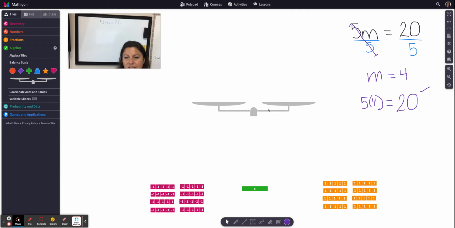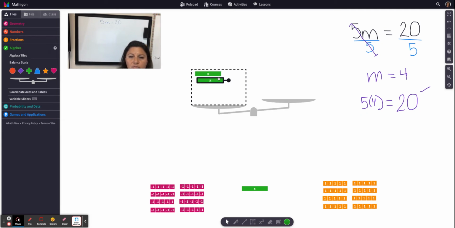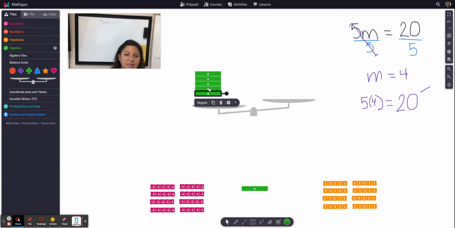Okay, if we want to create a visual for it, we know that an equation can be represented with a balance scale. On the left side, we have 5m. Because I'm using algebra tiles, my unknown here is represented with an x. We're going to think about it as that's the m. And I need 5 of them on the left side. So there's 1, 2, 3, 4, and 5. So I have 5 m's, or x's in this case, that are representing 5 things that I